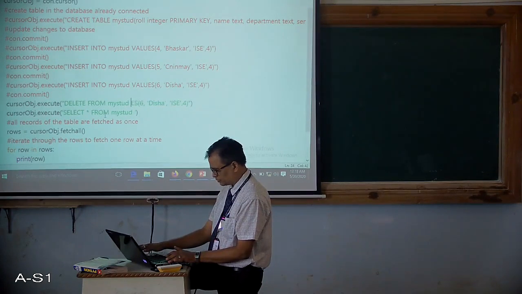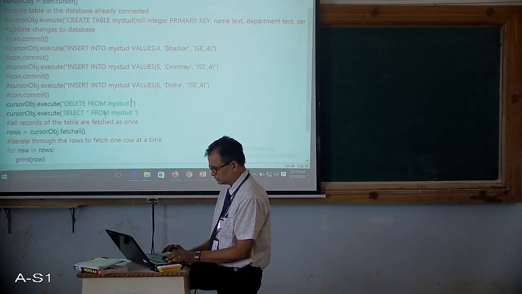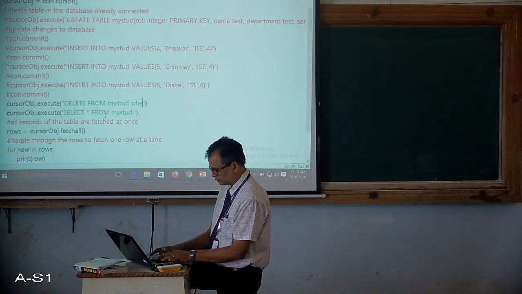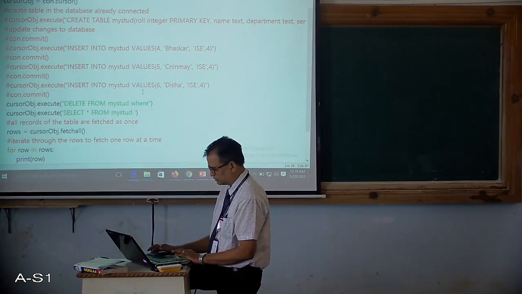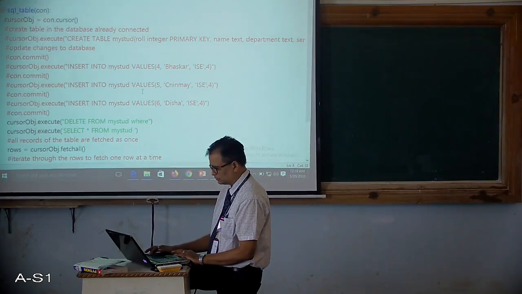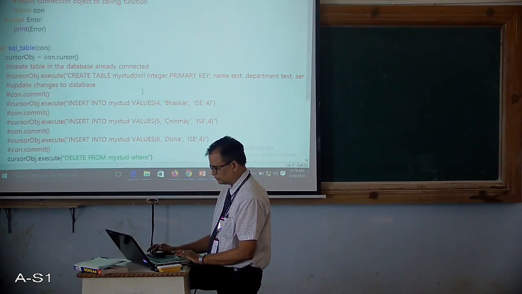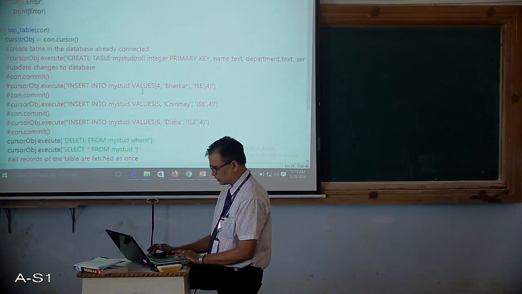Which table? My student, where roll number is the primary key.